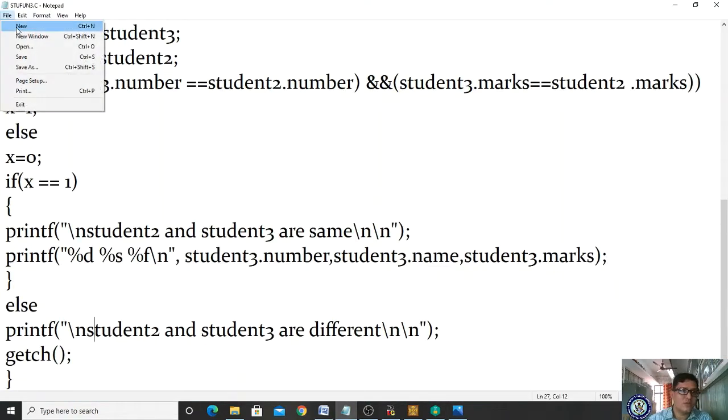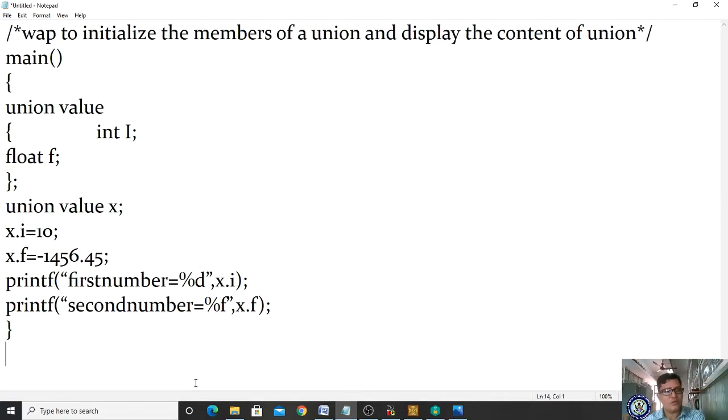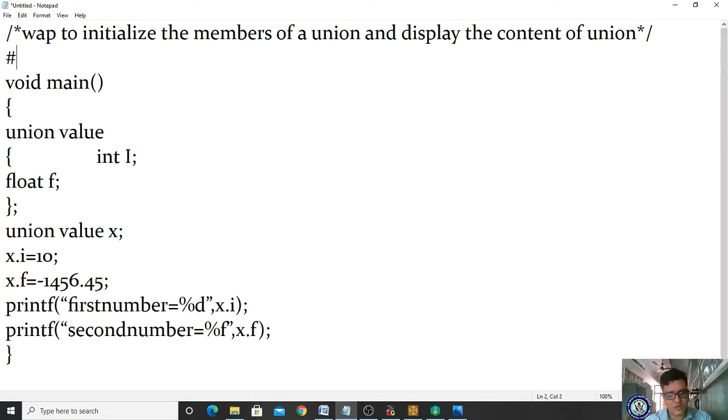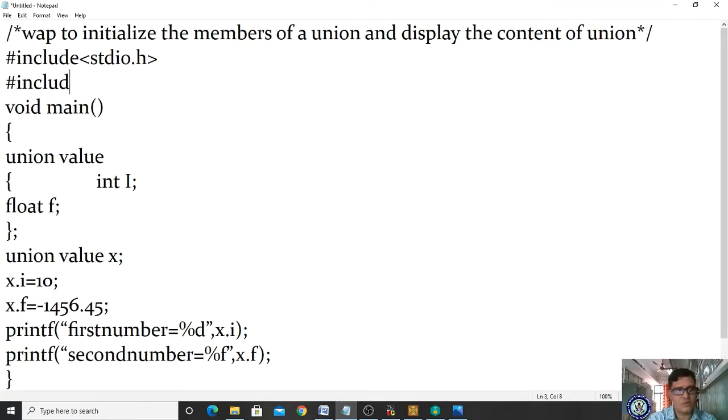Union is a concept of structure itself. I am writing void main, and it always uses #include stdio.h and #include conio.h. That's it.